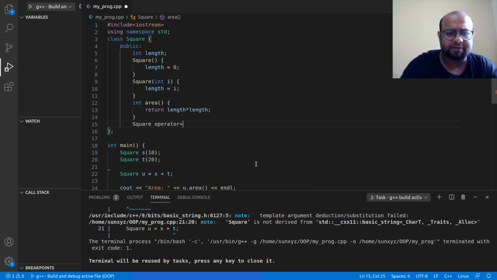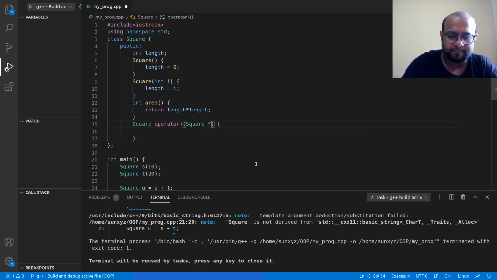Operator plus. I am going to overload this operator plus. So this is how I write operator plus. What does this mean? Along with an object, when I use this plus, what is on the right of this plus is another object of the same type, right? So operator plus, the other object is a pointer to that object.